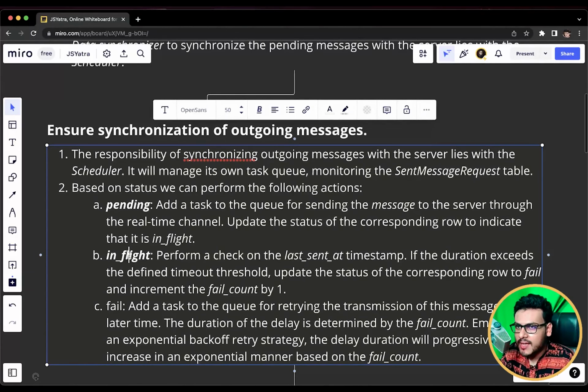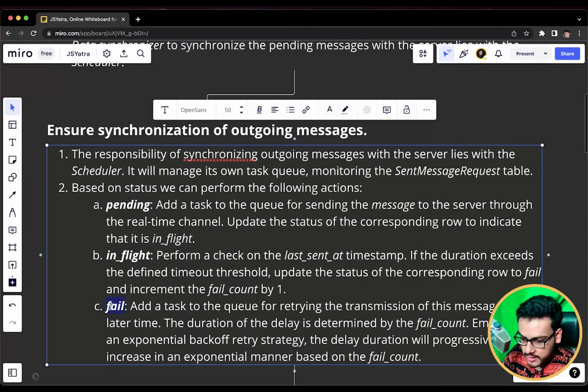Now after 5 seconds again, I see that the backend doesn't send me anything. Then I will mark this retry as a fail, and again I'll update the fail count by 1. Now I notice that I have reached the threshold of the fail count. It is 3. Now it is the task of the scheduler to update the UI, and it will update the status of the task as fail. It hasn't updated the status from in flight to fail directly in the first 2 attempts. After the 3rd attempt, it is going to update the data as fail.